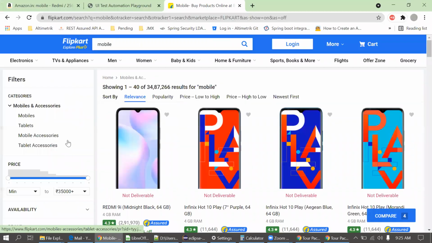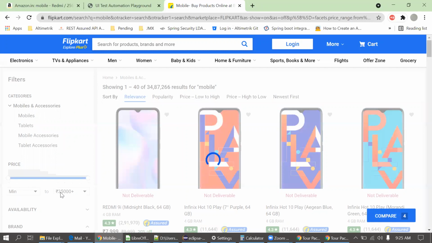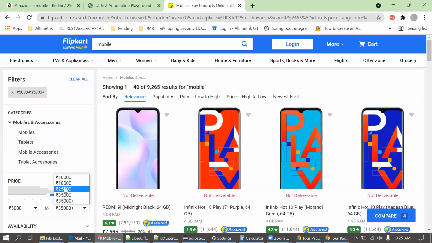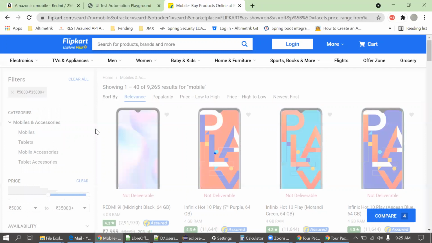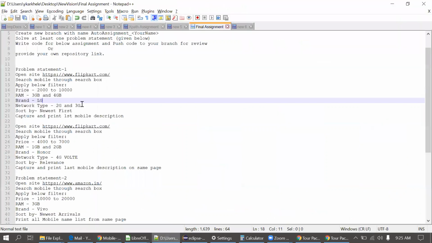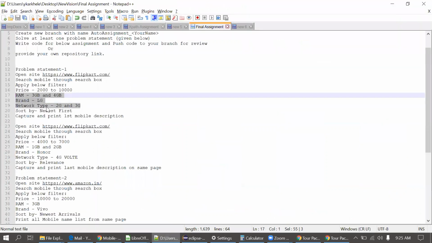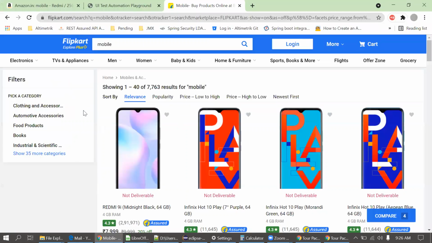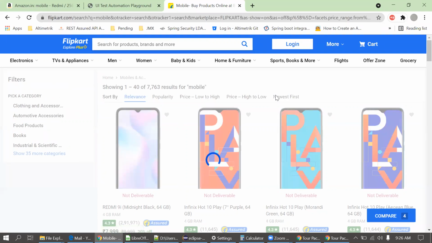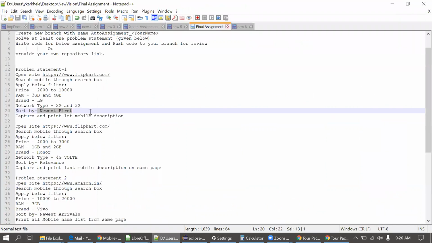These will be on the left side. You just have to select that given price range in the test case. And there are three more filters here, last, then sort by newest. The newest button will be at the top right, actually it's this one, newest first. I clicked on newest first now.